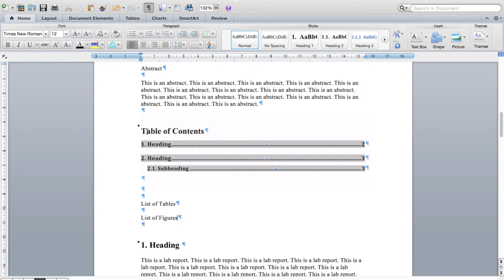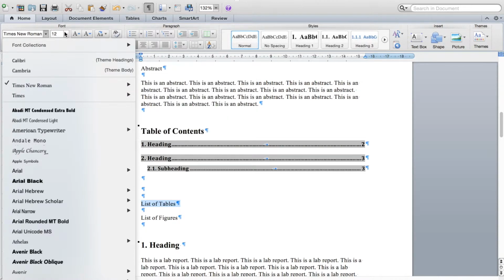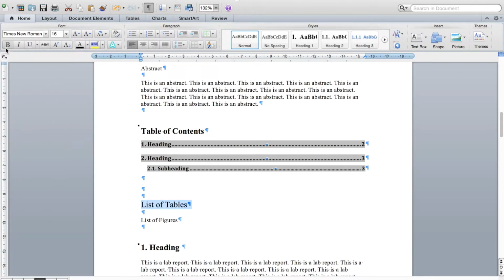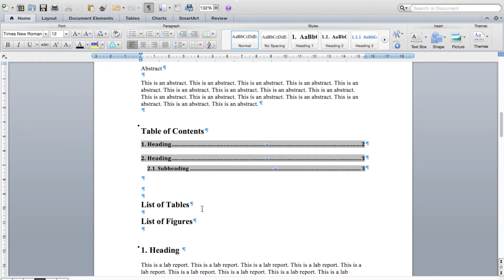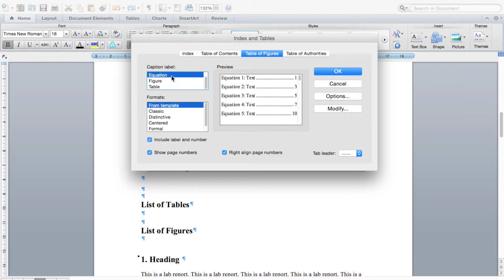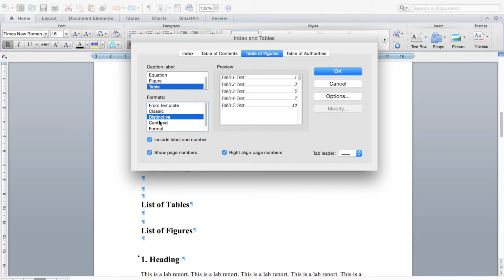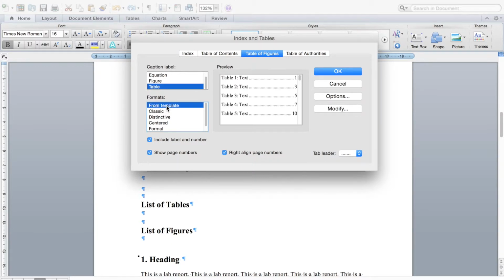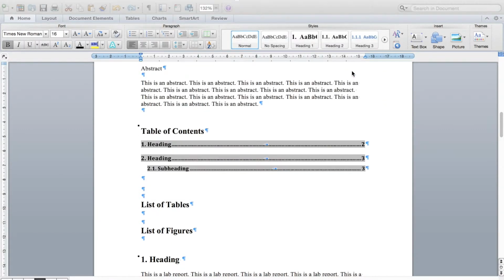We're not going to apply our headings to table of content because it would show up here and we don't want that. We're going to do the same thing for list of tables. So Times New Roman, 16 and bold. There we go. So for list of tables, we're going to come up here, insert, index and tables, and choose table. We could change our formatting if we wanted a different style, but this one is the same one as our table of content, so I'm going to pick this one. Okay,